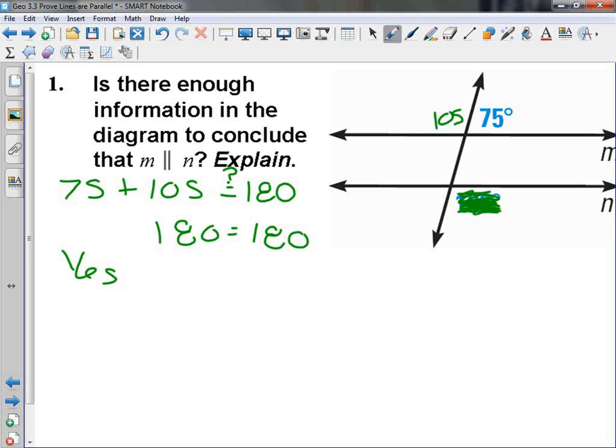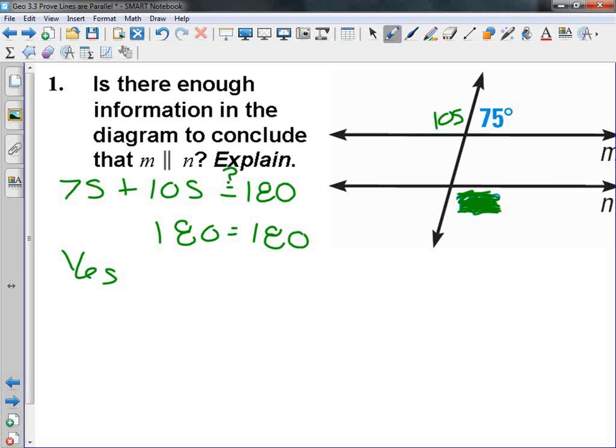Since we concluded that the two angles are alternate exterior, and since the 105 and 75 added up to 180, then the lines are parallel. But we don't know whether this one is 70 or 105 anymore, right? That's why it's scratched out. Okay. The correct answer here is now,